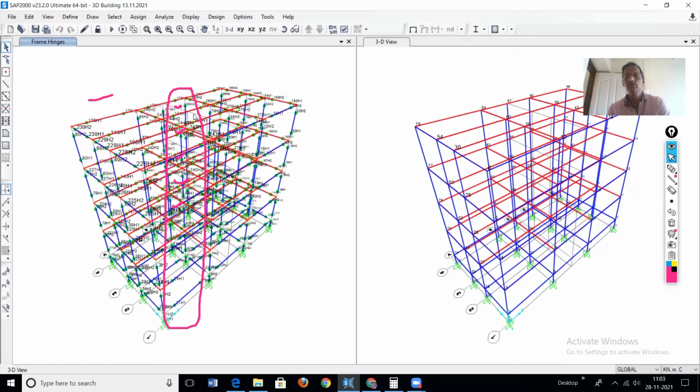You will find the procedure for assigning material nonlinearity using the multi-layer shell element on Google also. Just type multi-layer shell element in SAP 2000, and you will get a YouTube video. Watch the video and you will understand how to assign that nonlinearity